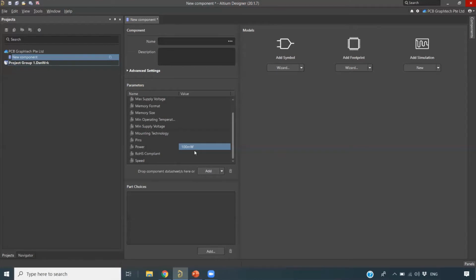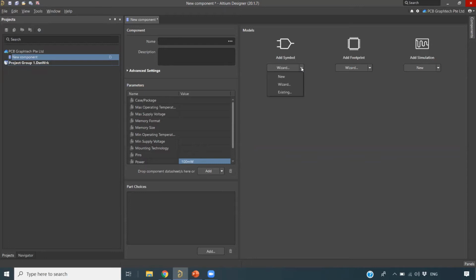You can add new parameters, and if you want to edit, you can also edit the parameters. Next, when you come to this side, you will see Models: add symbol, footprint, simulation. When I want to add a symbol, I have some options. I can create a new symbol.